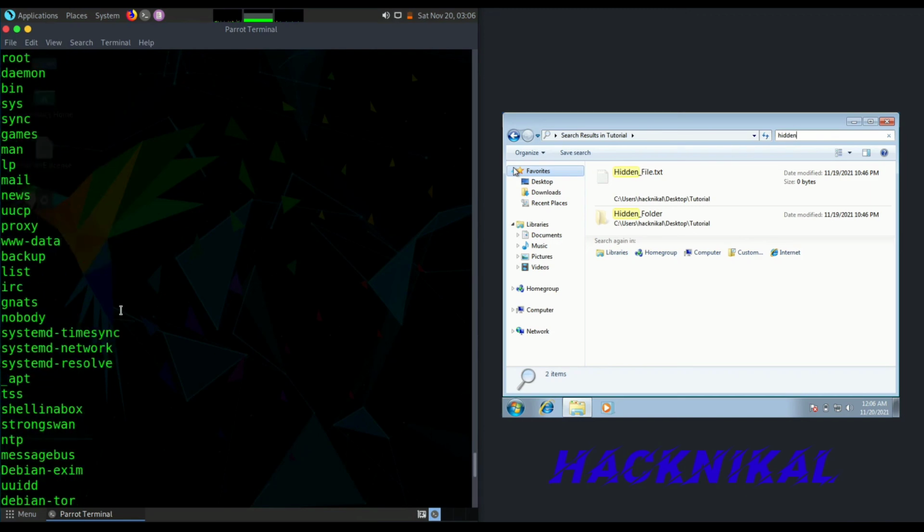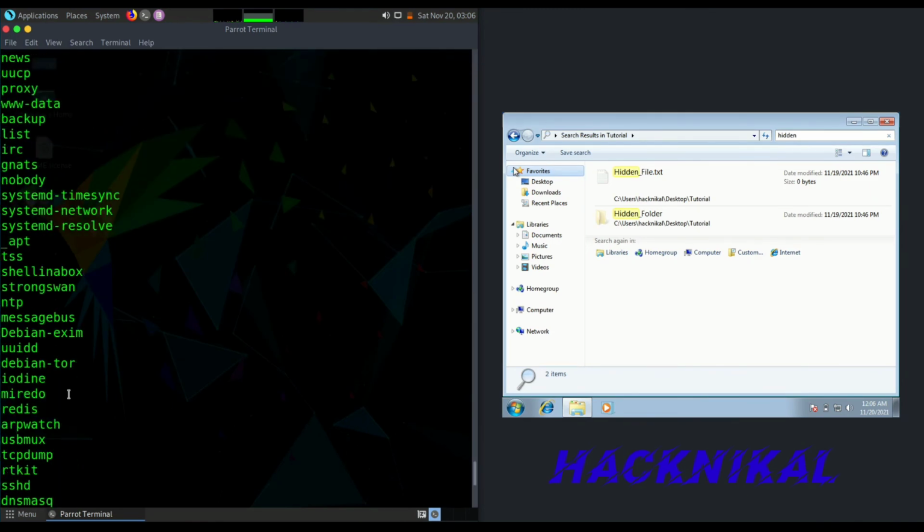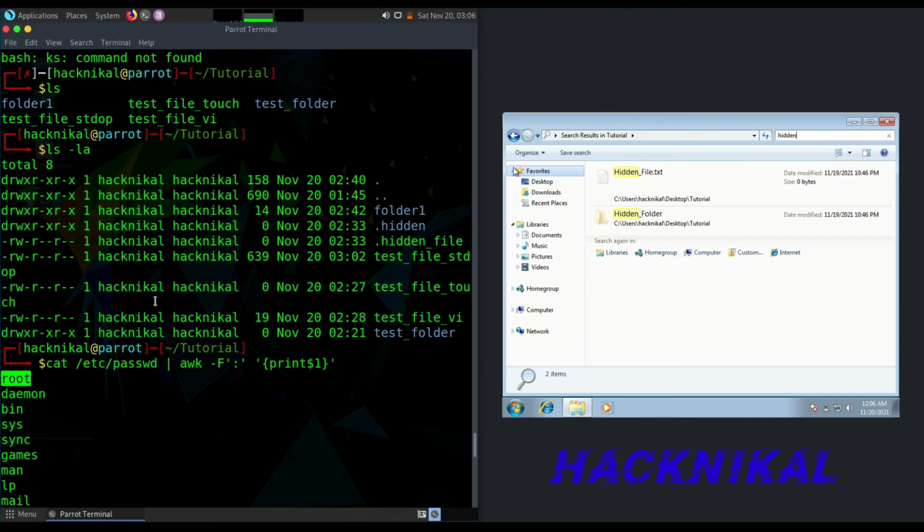Okay, so in this way we can see there are a total of, let's say, 100 virtual users inside this directory. For each and every user, by default, the home directory, group, and username are created, unless specified otherwise. Each user, apart from this user, will have permission to this file as read, and on this folder as read or execute. So in this way we can define permissions for any files or folders.